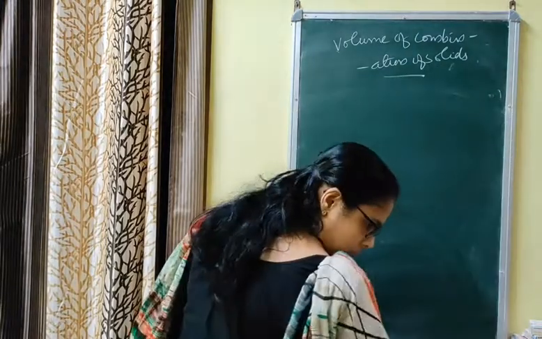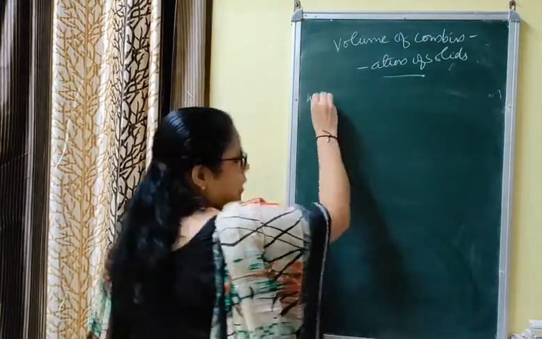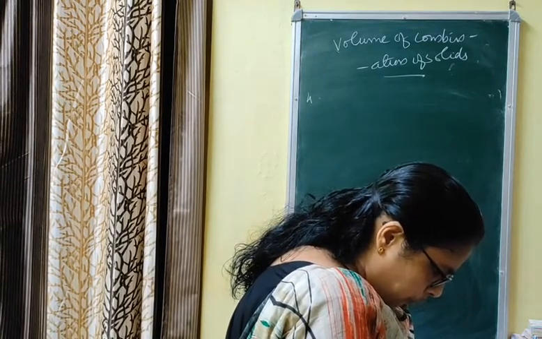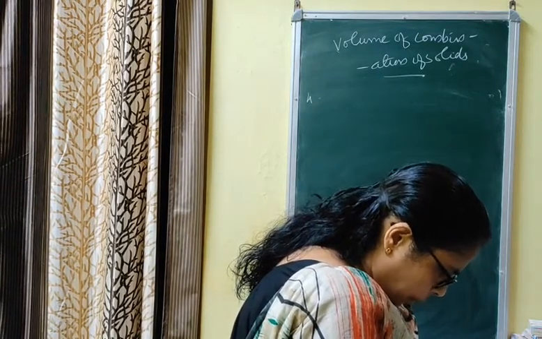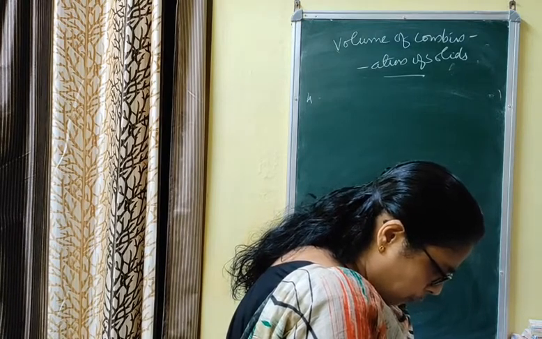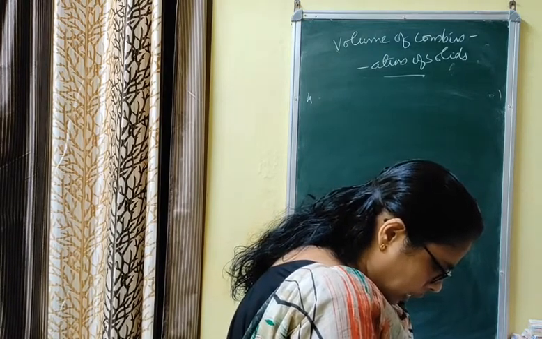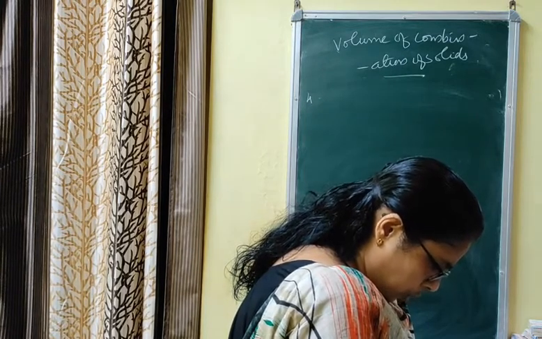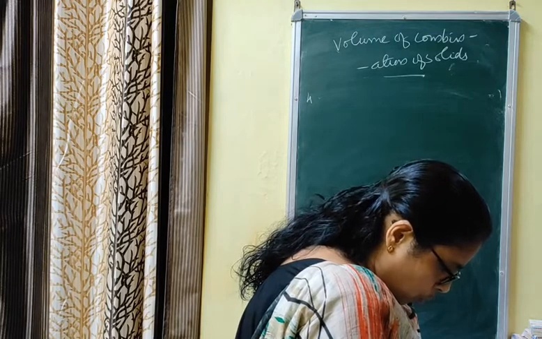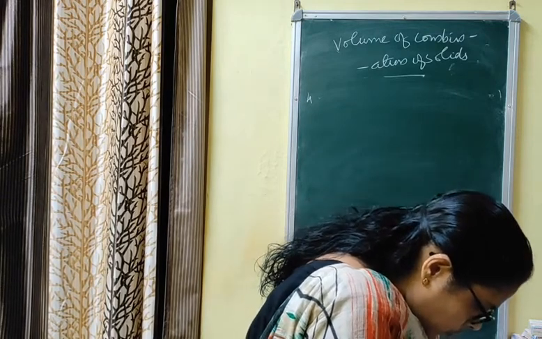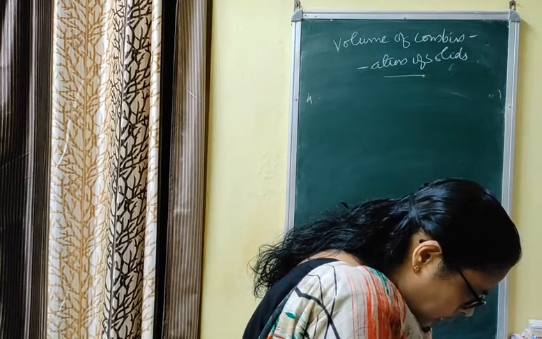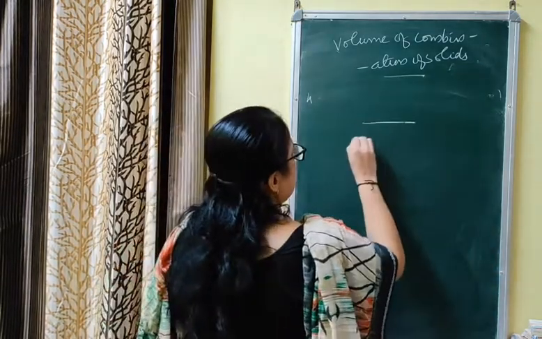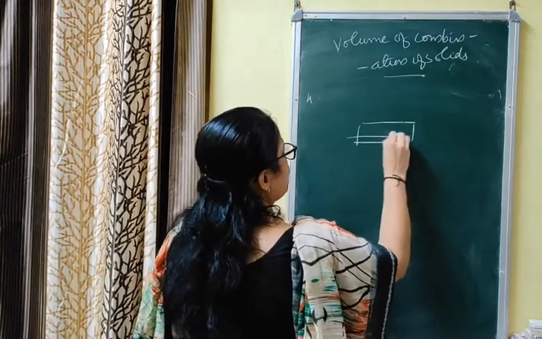Now the next question is question number 4. A pen stand made of wood is in the shape of a cuboid with 4 conical depressions to hold pens. The dimensions of the cuboid are 15 cm by 10 cm by 3.5 cm. The radius of each of the depressions is 0.5 and the depth is 1.4 cm. Find the volume of the entire pen stand. That means this is a pen stand. The pen stand is in the shape of a cuboid.